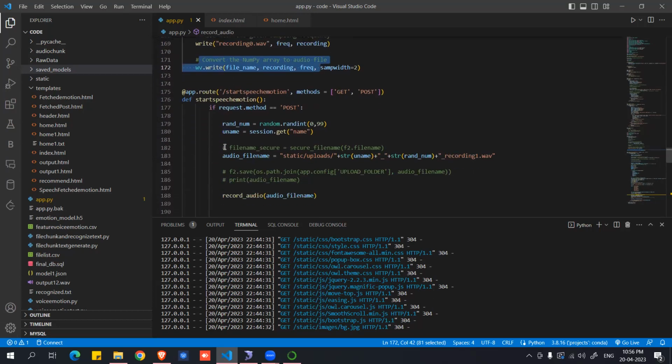After that, whenever you click on that speech emotion button, it will send a request to this function in a post method. So this function will check whether that incoming request is in a post method or not. If the incoming request is in a post method, then we have to generate one random number that is